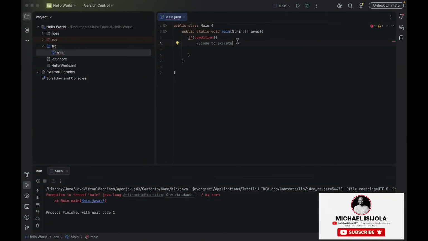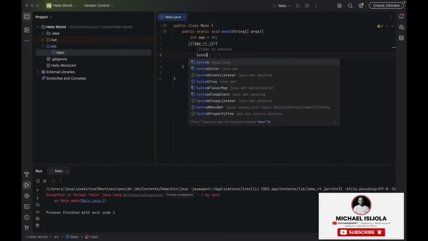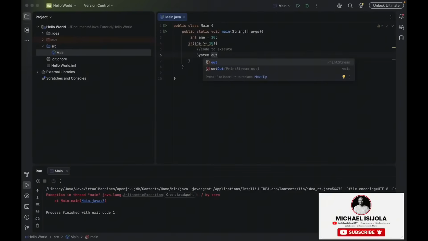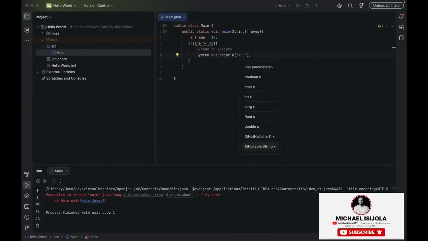For a simple example, I'll say the age is equal to 20. The condition we want is for our program to check if the age is greater than or equal to 18, and if this is true, then it should go ahead and print out "you are an adult". And of course, this statement is going to be true because